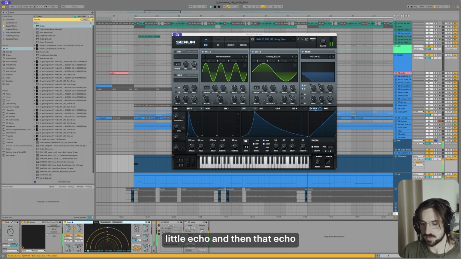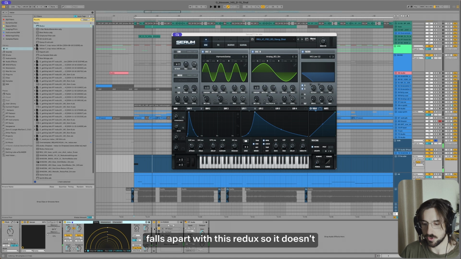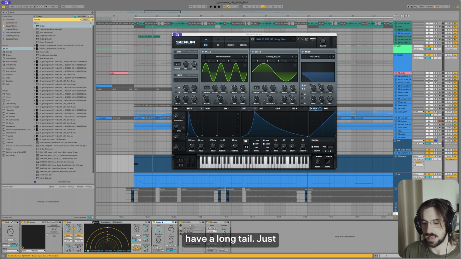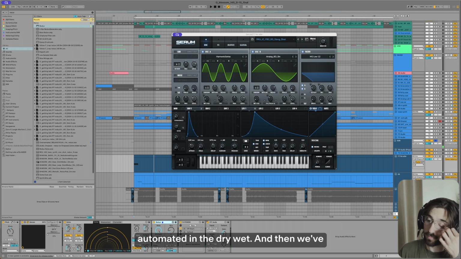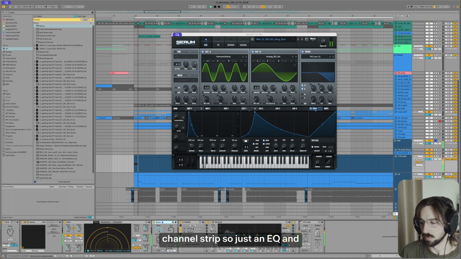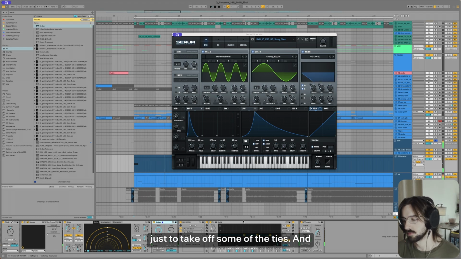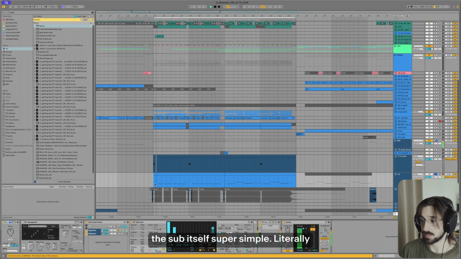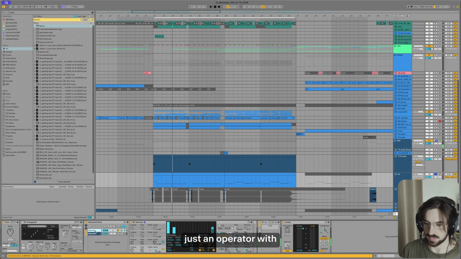And then we've got this little echo, and then that echo falls apart with this redux, so it doesn't have a long tail, just kind of distorts out here, automated in the dry wet. And then we've got, again, a channel strip, so just some EQ and compression just to take off some of those highs. And the sub itself, super simple, literally just an operator with a third harmonic here, and that's it. Push it into a limiter,